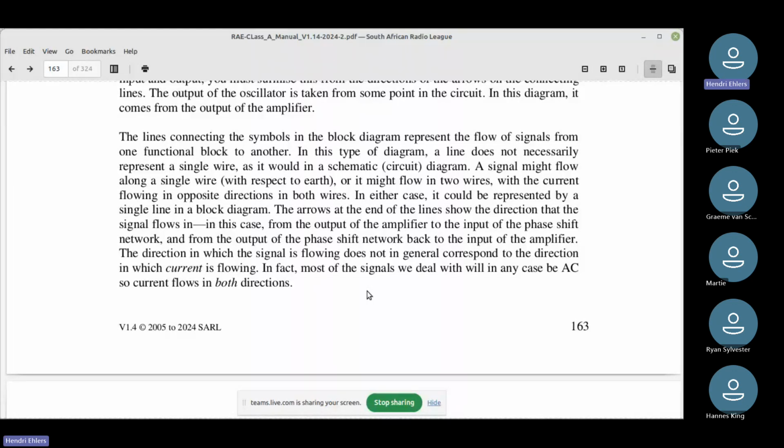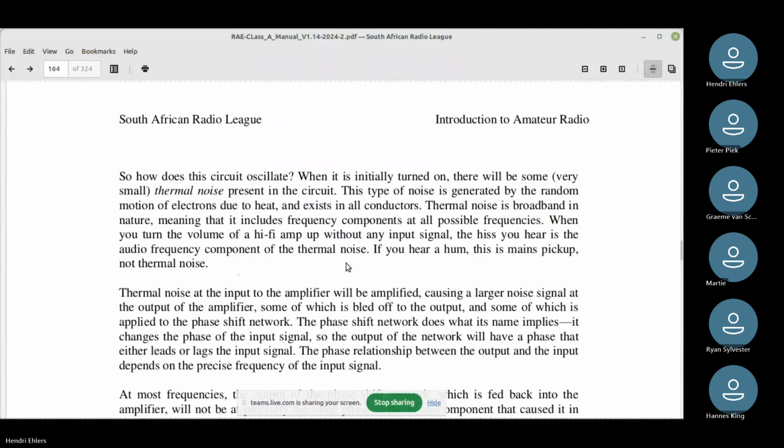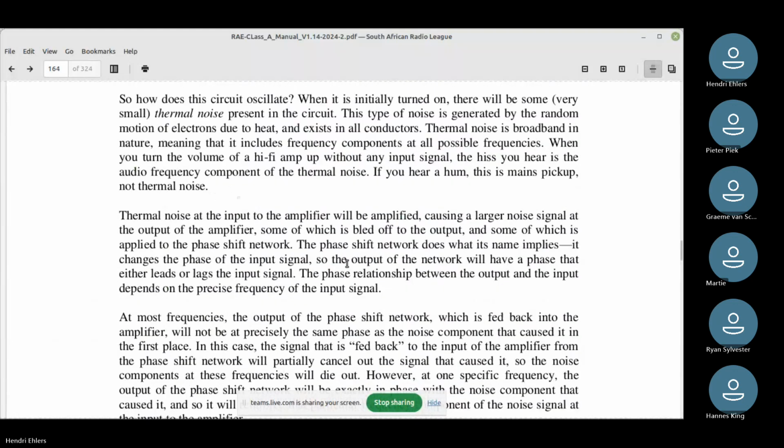So how does this circuit oscillate? Now here they go into a whole explanation of exactly what happens. So there's very little noise. There's a little bit of noise in any circuit, and that gets amplified in a loop.